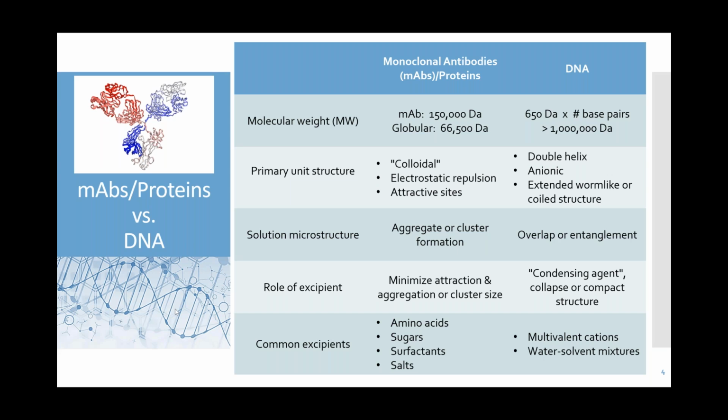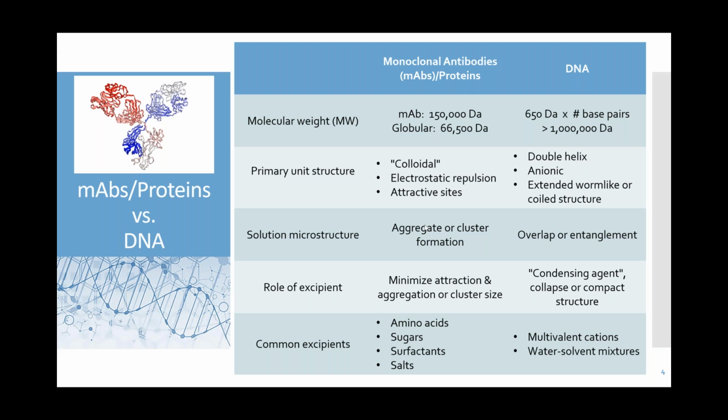So with that in mind, given the fact that these antibodies are more compact, they're more considered colloidal, they tend to have a solution microstructure where you have, in some instances, a decent number of primary or individual molecules, but due to the inherent nature of the attractive sites, they tend to aggregate or form clusters. And this is also consistent with how colloidal systems with attractive interactions behave. So they tend to form different size clusters depending on the exact nature of that stabilizing barrier and the magnitude